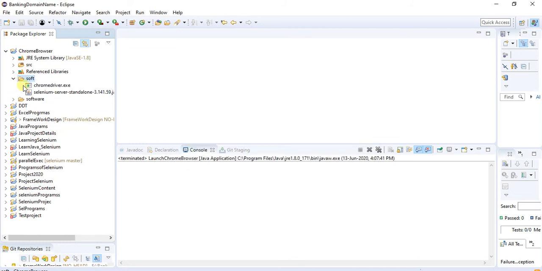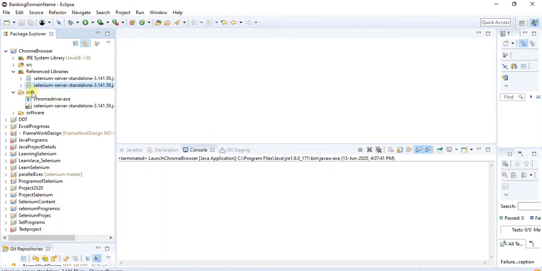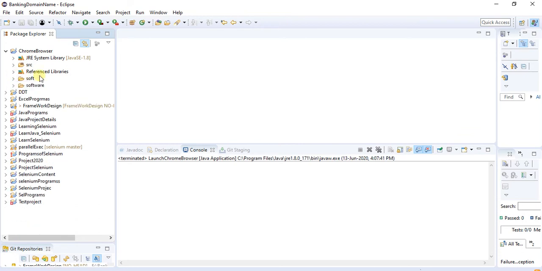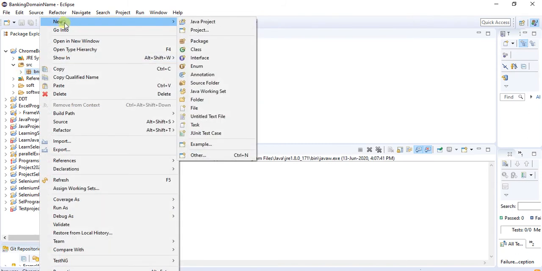Now those two files are over here. For the Selenium server, you just right click on it, go to Build Path and Add to Build Path. Now the jar files are added. Now right click on it and create one class.